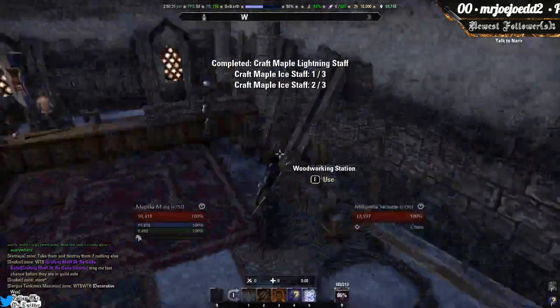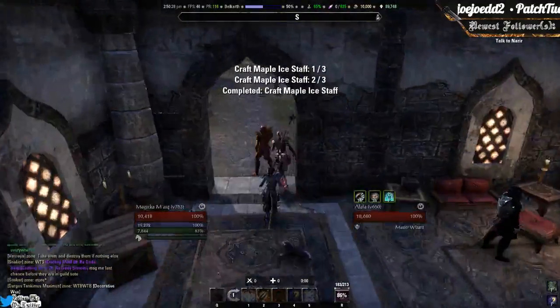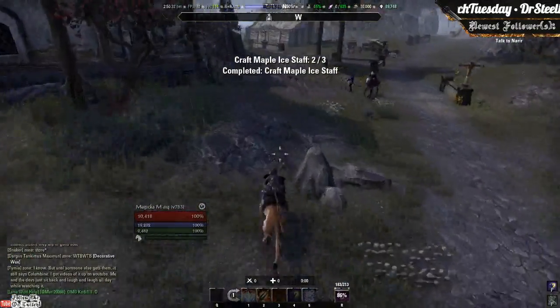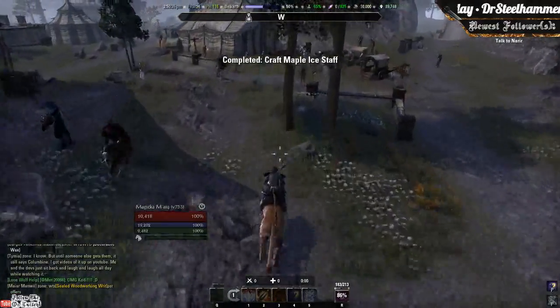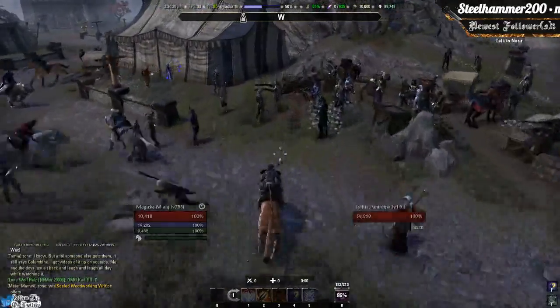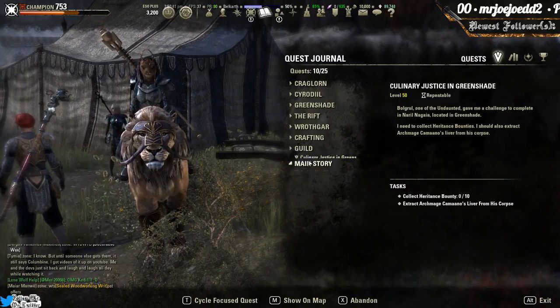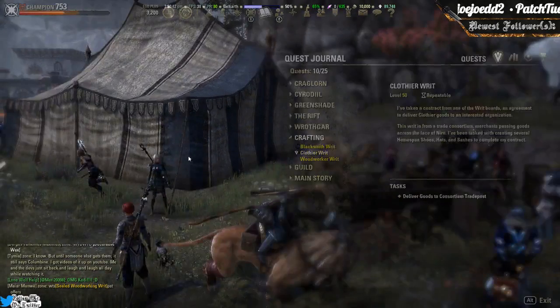Alright, so I guess instead of actually doing anything, what we could do is take out all of our skill points and just dump it into crafting and make this guy a crafting alt. I mean, I guess we could do that. Oh my god, we can't even return it here. We have to go all the way back to the little...